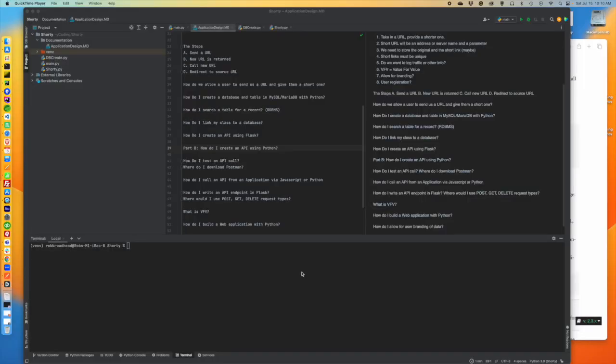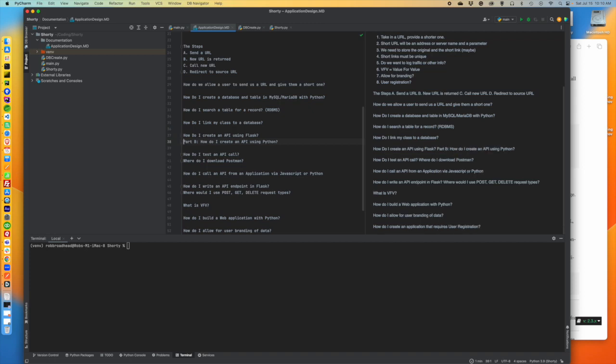Well, hello and welcome back. We are continuing, in a sense, although we're going to focus on one specific question. We're going to talk about basically what is Flask and then how do I create an API using Flask in Python. And we're going to look at these two, but this is part of a larger project that